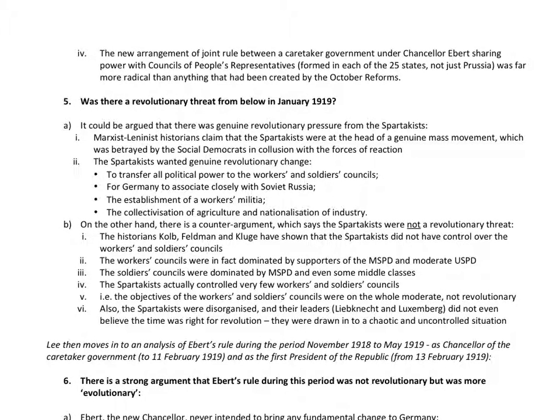And finally, and very importantly, the new arrangement of joint rule, the caretaker government that had been set up, was a power-sharing government where Hebert reluctantly shared power with the Council of People's Representatives, which was much more radical than anything that had been created by the October reforms. Effectively, it was power-sharing with the lower classes. Okay, so that's Lee's analysis of the first strand of the revolution from below, which was November